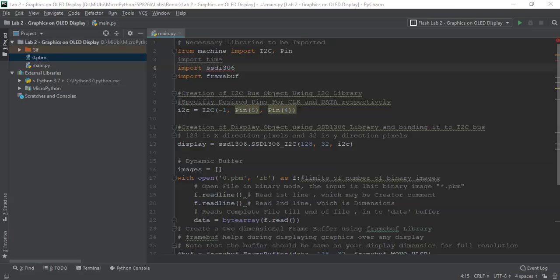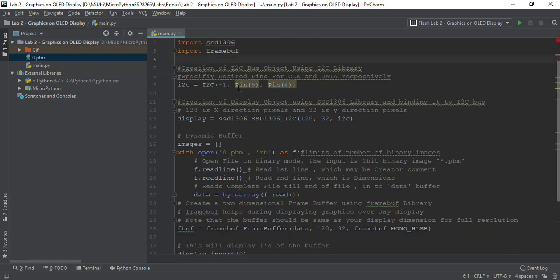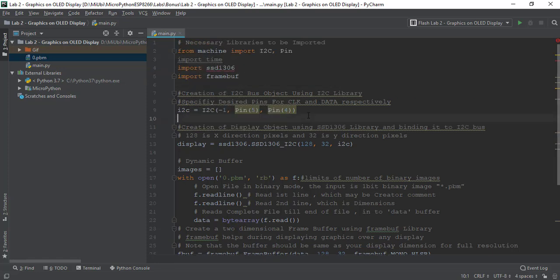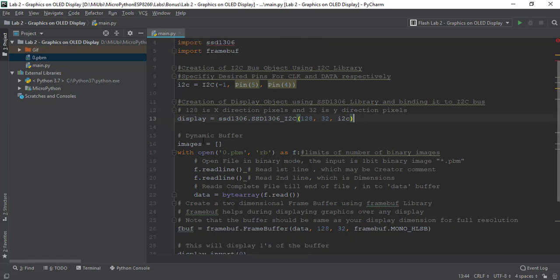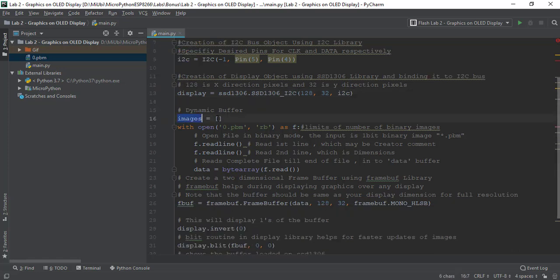Hello, let's see lab 2, in which we shall try to make use of the same SSD1306 library, but this time a new library called FrameBuff will be used. As before, we are creating an I2C object and binding the bus to it, the SCL and SDA pins, and then after creating the display object and binding the I2C bus to it, we also create a dynamic buffer called images,